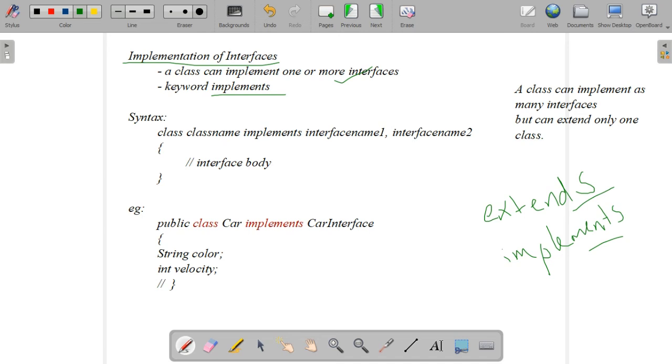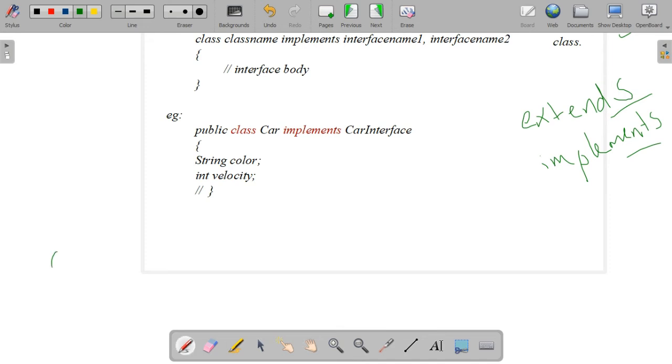The syntax is class, class name, implements, interface, with commas for multiple interfaces. A class can implement as many interfaces but can extend only one class.